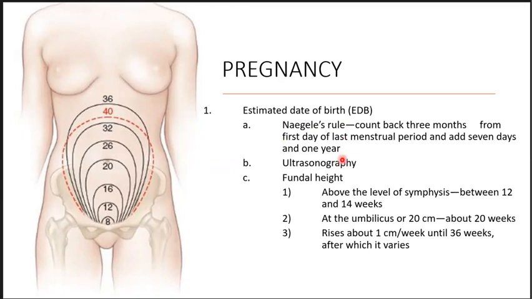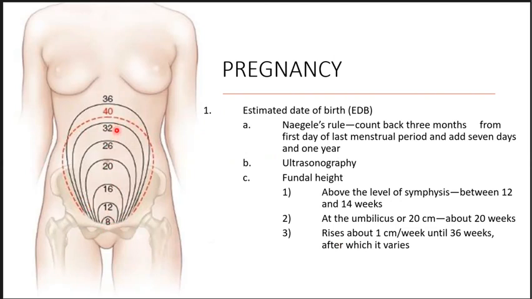Again, we can also assess pregnancy using ultrasonography, and this would estimate the fetal age from head measurements. We could also assess pregnancy from the fundal height. Here we are trying to measure from the top of the symphysis pubis to the top of the fundus. You'll need to get a flexible tape rule. So that's what you want to use and measure from the top of the symphysis pubis